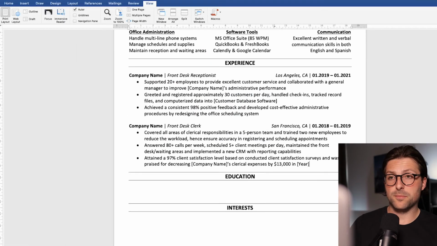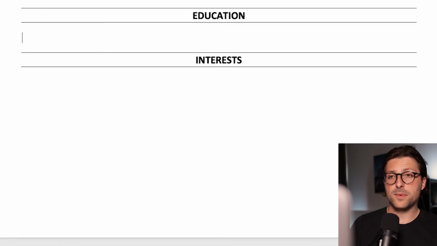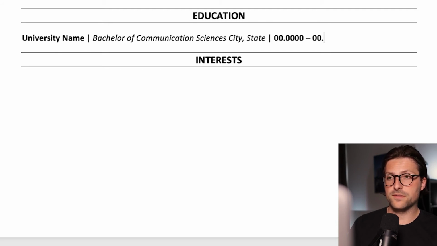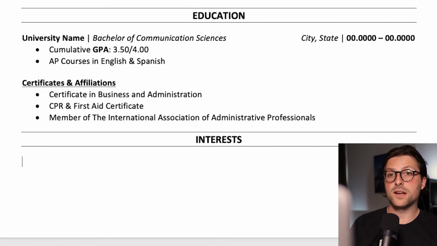Okay, let me enter another paragraph and move on to the education section. So we start off by adding the educational background. Enter the university name, degree and the remaining information on the right side. Let's use the ruler again. Alright, and underneath you can add your grade point average or GPA, extracurricular activities, relevant courses you followed, certificates you've